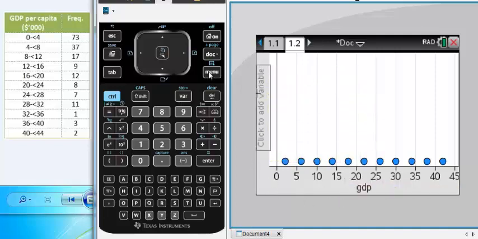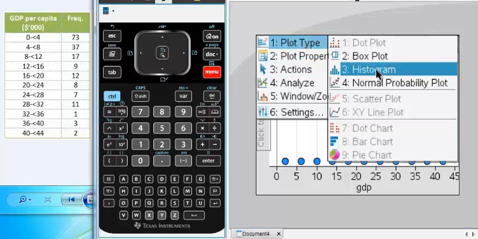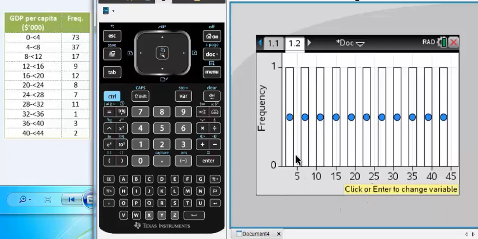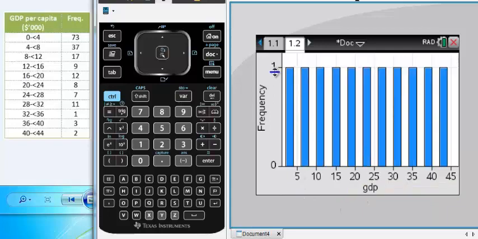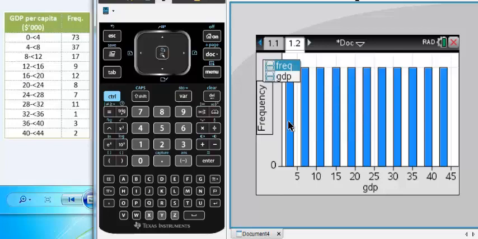What we will do is go to menu, plot type, and select histogram. Now all the histogram frequencies are 1 because we did not set the frequency. So after selecting this, we will right click with the mouse and select add Y summary list, and then we will select the frequency.